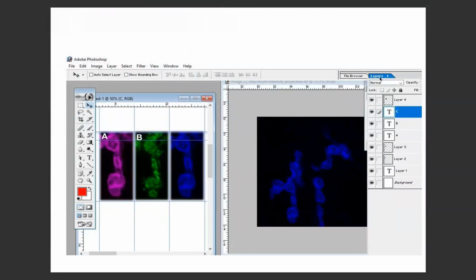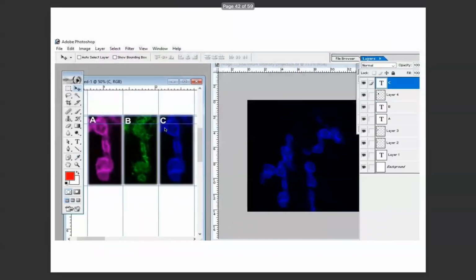So what I will do is just click the layer here, where layer 1, layer 2, layer 3, and layer 4 are written. Layer 2 is this magenta channel, layer 3 is the green channel, and layer 4 is your blue channel. I want to put C in layer 4. So I write C here, and it is below the layer. I just drag C with the mouse to layer 4. Then it will appear. Okay.